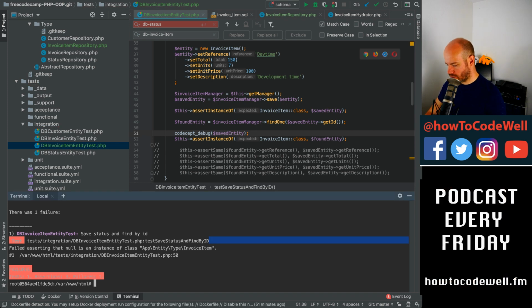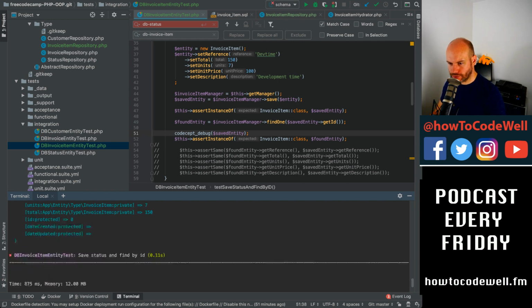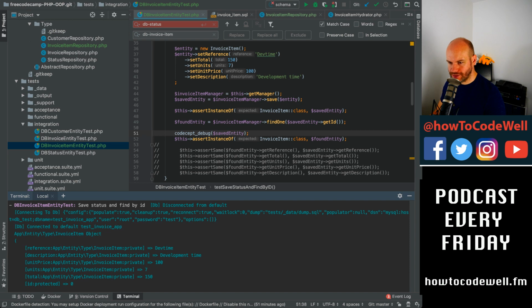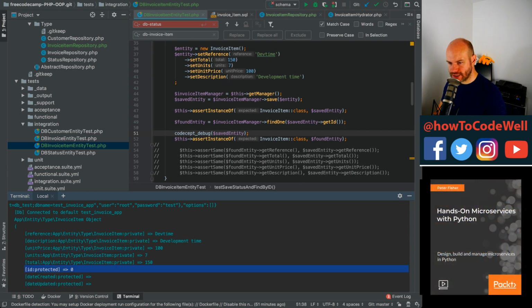And I'm going to do debug. Hopefully that will return as it is here. So we have the invoice item, we have dev time, development time, we have the item, what is that? The unit price, the units, the total. We don't have an ID. ID is 0. Why is ID 0 of the saved